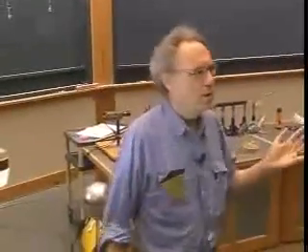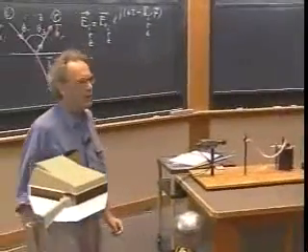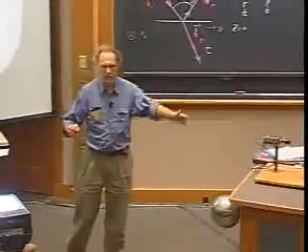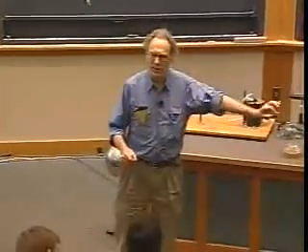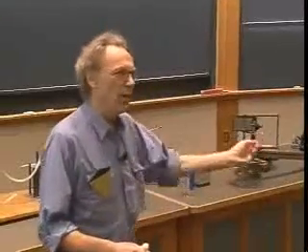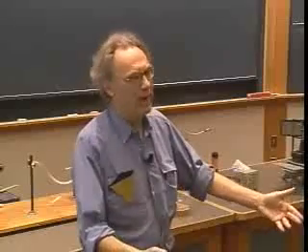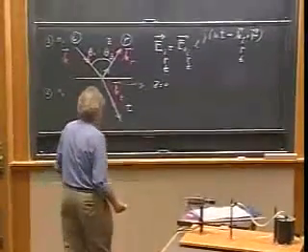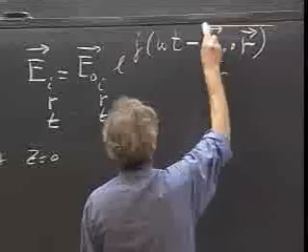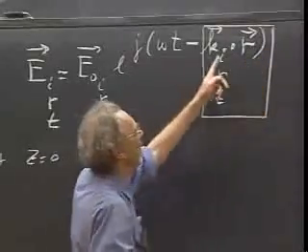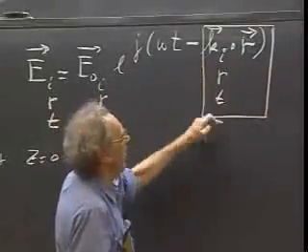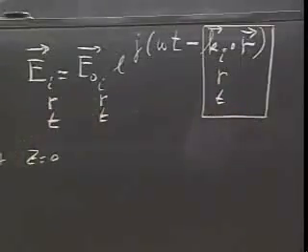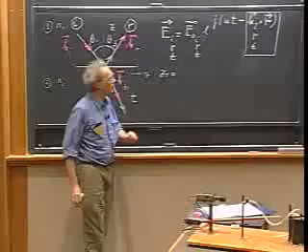And this should remind you of something that we've dealt with many times before. You have a string which is connected to another string, and at the junction, they are in phase. The incident one and the transmitted one are in phase with each other, and the incident one and the reflected one are either in phase, mountain comes back as a mountain, or out of phase 180 degrees. And the same situation you have here, and that means that this dot product for these three cases, ki dot r, kr dot r, and kt dot r, at z equals 0 must be the same, except for the 180 degrees, but the 180 degrees we can always deal with in terms of a minus sign.